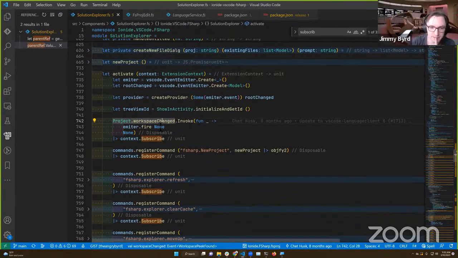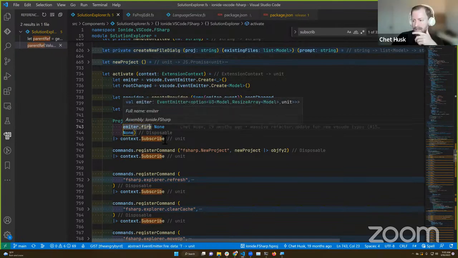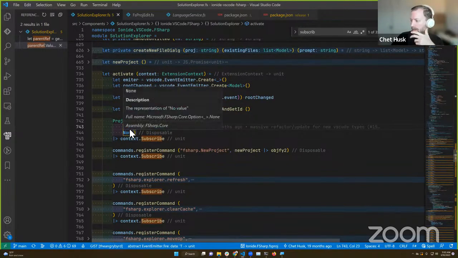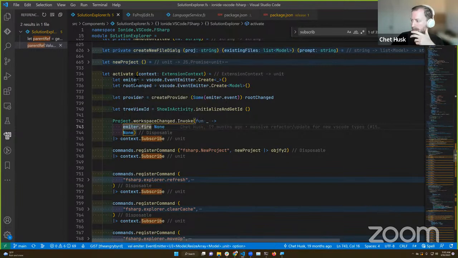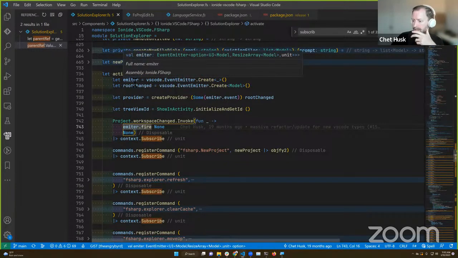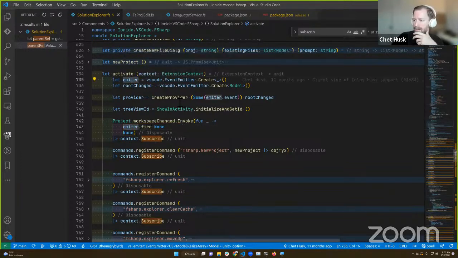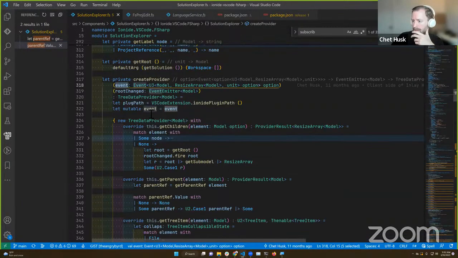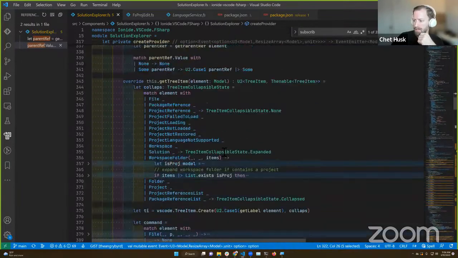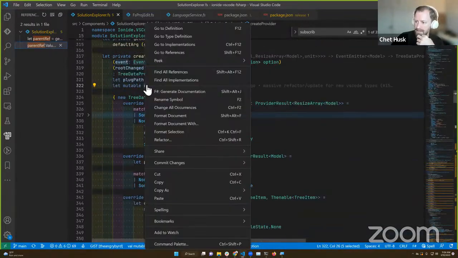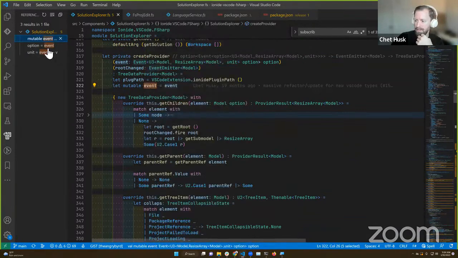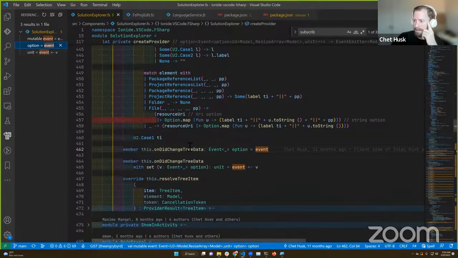So the way we react to state changes is by looking for what uses the emitter, and the emitter is used immediately in create provider. And so we have this event that gets passed through to our tree provider, and then that event is listened to trigger changes in the tree data. Those event cases come through and trigger the different get